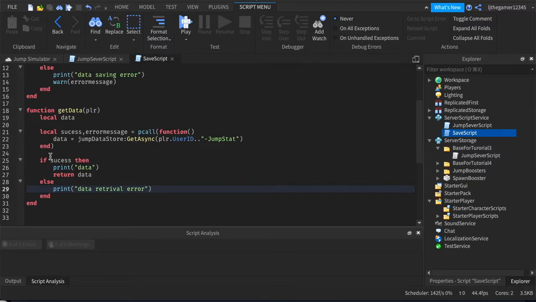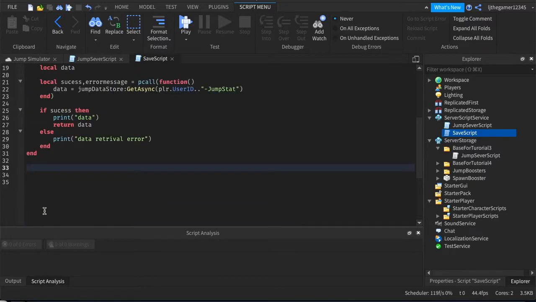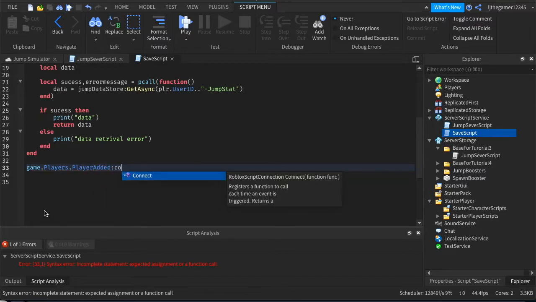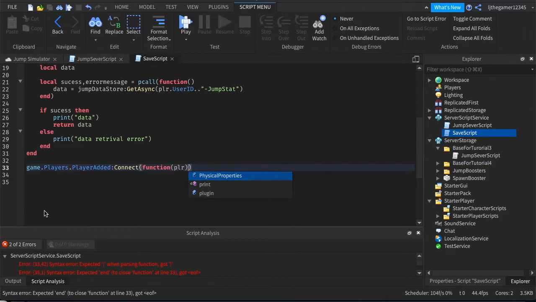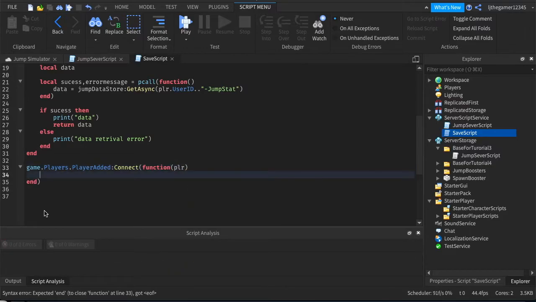And so basically, if it's success, then return the data. If it's not, say there was an issue with the attempt. So what we're going to do next is say game.Players.PlayerAdded:Connect(function(plr)). And then we're going to say load,